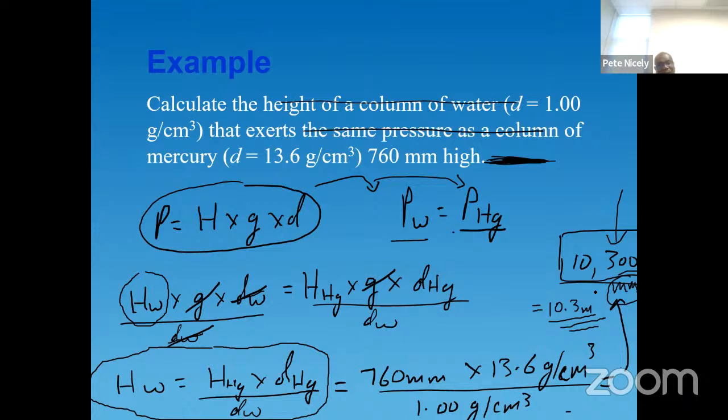And that is a reason why liquids such as water are not used in these instruments. In fact, mercury is used, even though it's much more expensive, because in the case of mercury, you need a smaller tube. The tube would have to be at least 760 millimeters, which is less than 1 meter, all right? So that's the reason why mercury is a liquid of choice, and other liquids, such as water, will not work